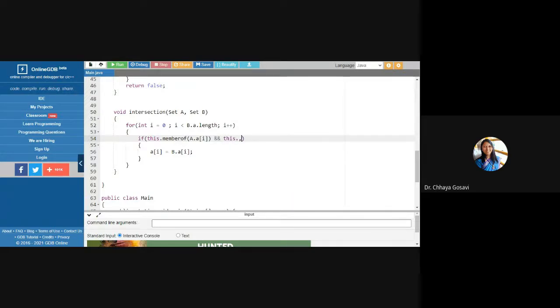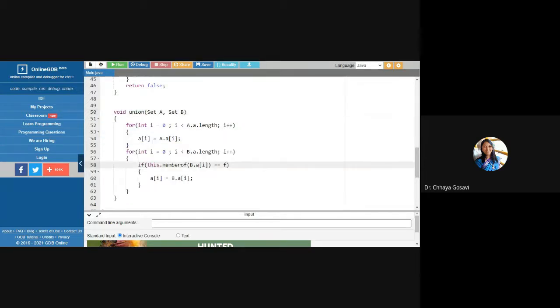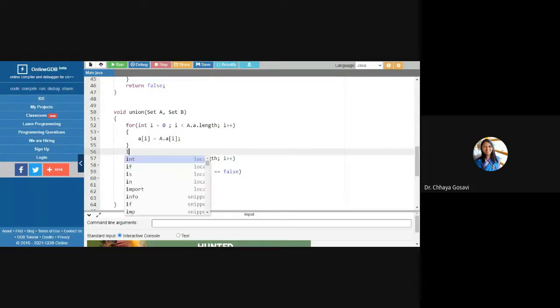If it is a member of A and this member of B of i is equal to false, so let me copy this integer i in some variable, say integer k is equal to i. i is already incremented, so I have to decrement it.